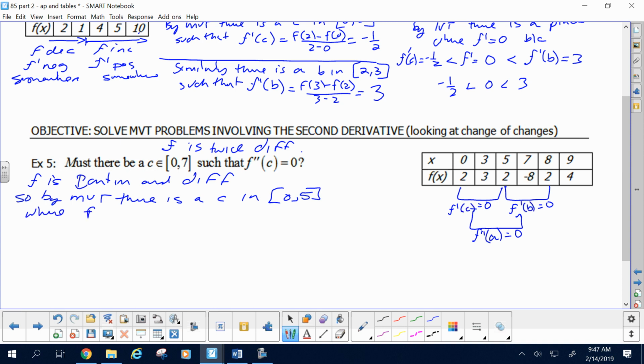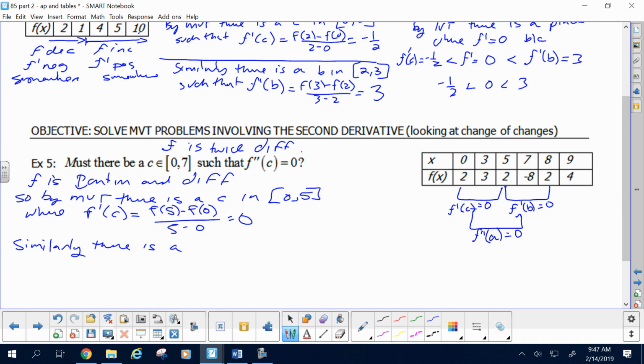More, please. F prime at C is f of 5 minus f of 0 over 5 minus 0, and that is a slope of 0. If you're using it again in the same fashion, you don't have to redo everything. You can just say similarly. The AP is fine with that. Similarly, there is a,